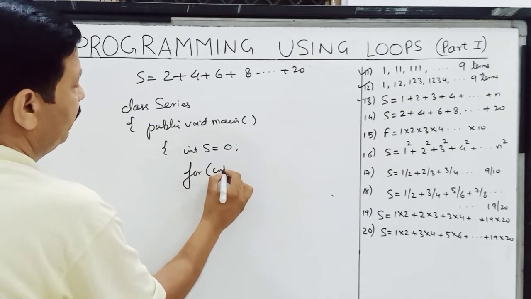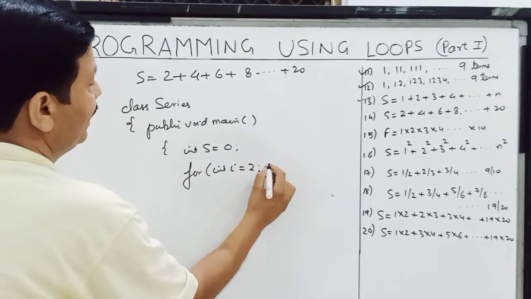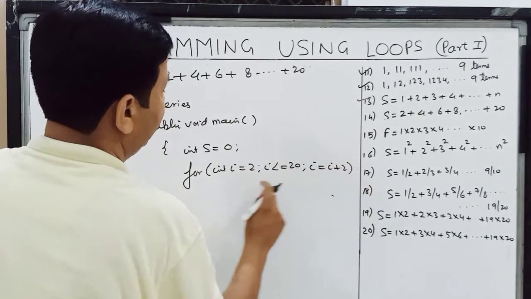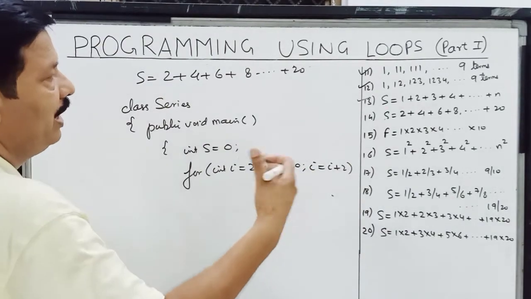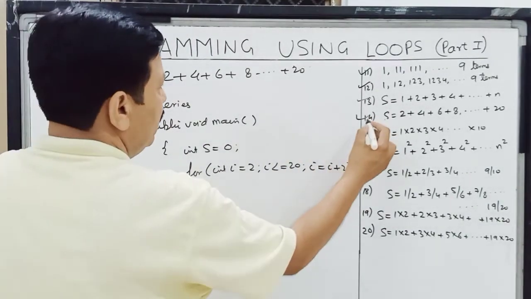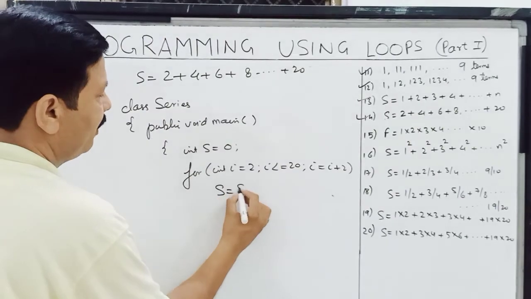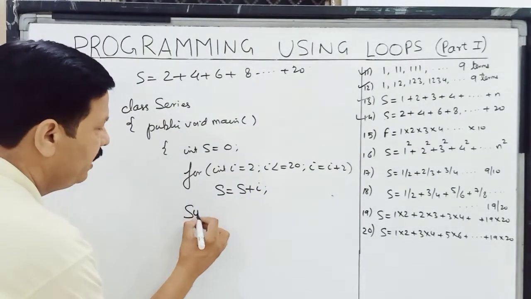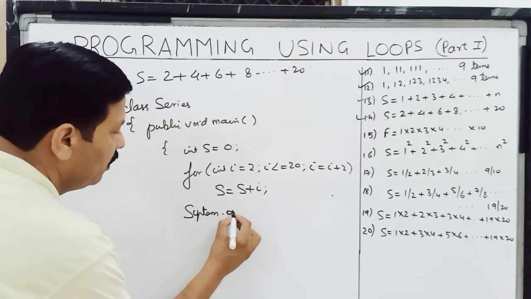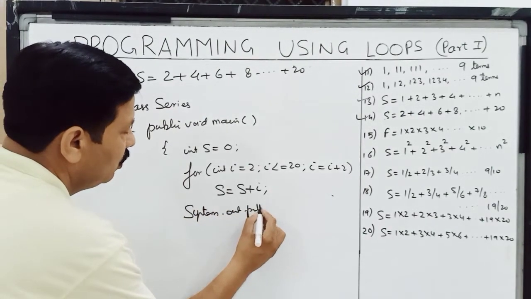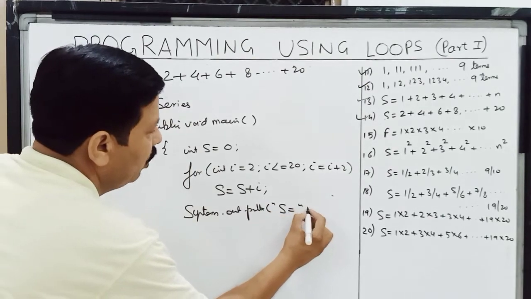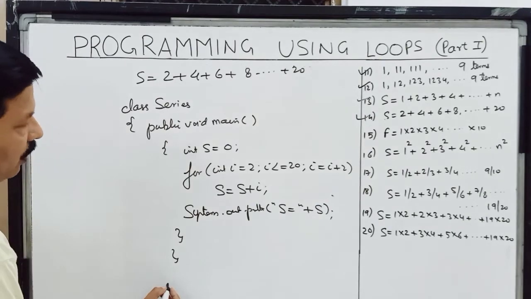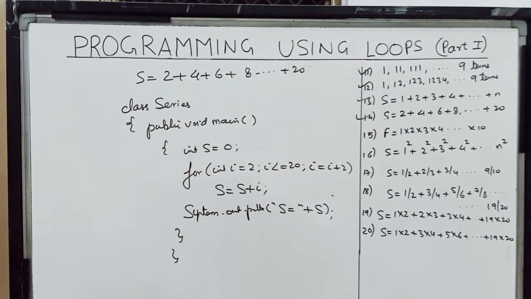And these numbers, as you all know now, I can generate with the help of a loop. This is the loop from 2 to 20, I plus 2, so I generate 2, 4, 6, 8. This is the series we are doing, and we say s is equal to s plus I. So all these numbers will get added, and System.out.println, I say s is equal to s, and this is how it is going to come. So children, this is what we have done here.